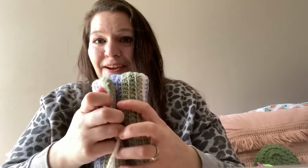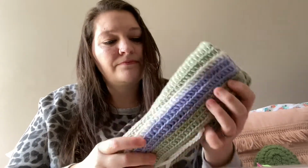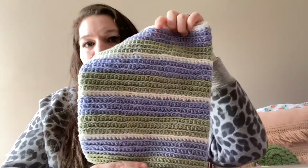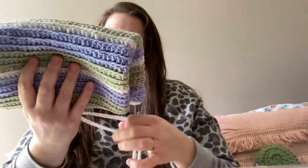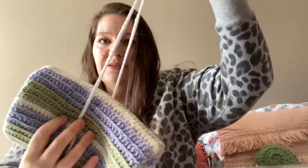Okay, the next thing I started working on was, with the same yarns, an actual bag that I could send to Rose and be proud of or happy with. So here it is. I put ties on the bottom, so it's a long bag, and then my thought was that they could fold it over and then tie it at the top. I made ties, and yeah,